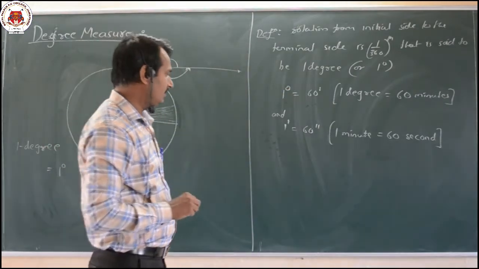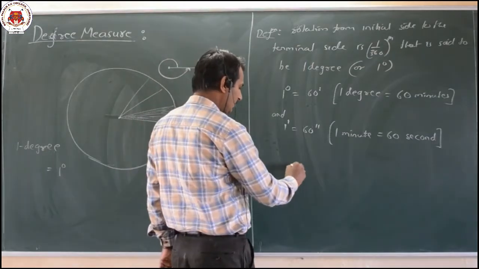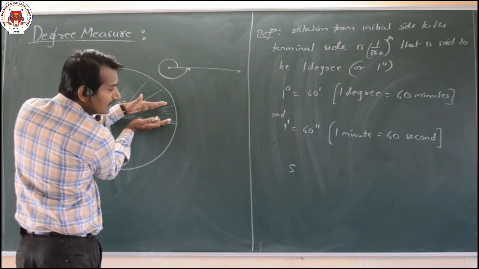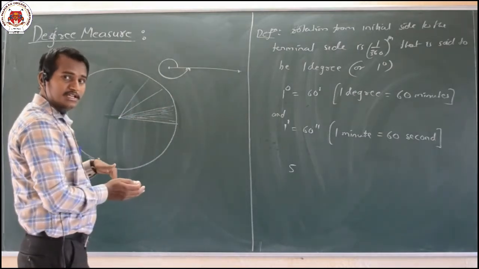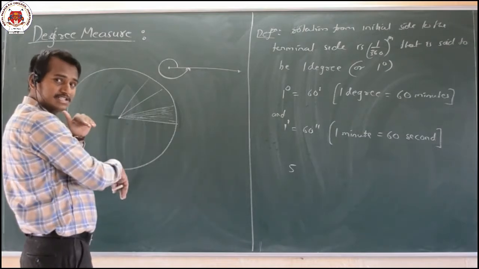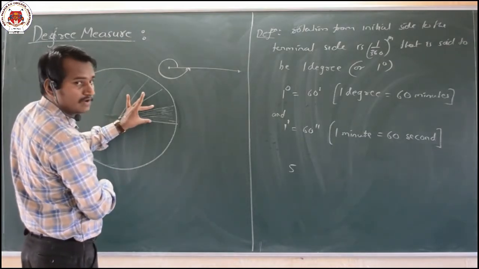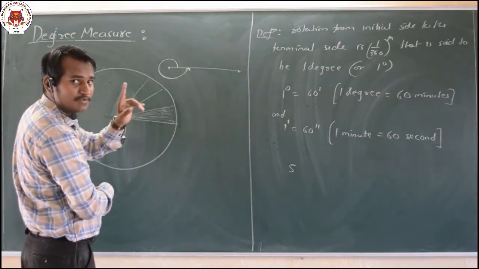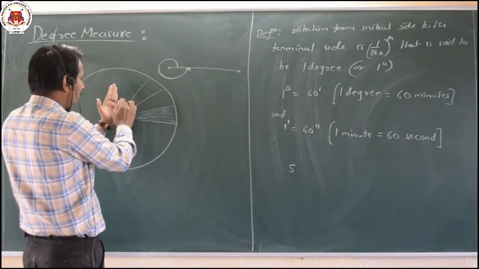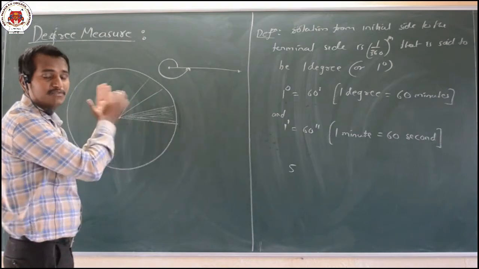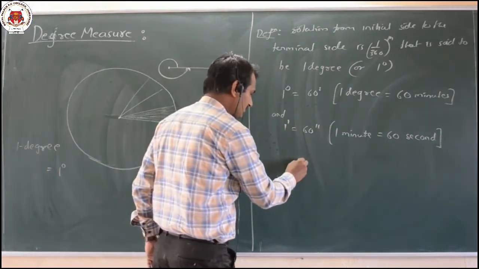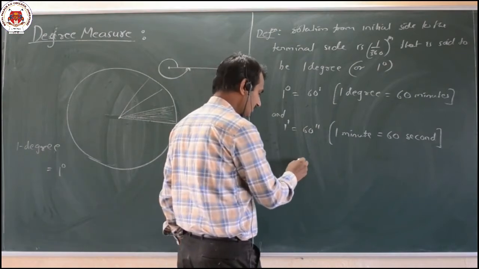Now whenever we say, for example, 5 degree rotation, what does it mean? In a revolution, the whole ray is divided into 360 parts, and 1/360th part is said to be 1 degree. Then 1 degree, 2 degrees, 3 degrees, 4 degrees, 5 degrees. In that manner we are dividing it. Dear students, we can also write 5 degrees in this manner.